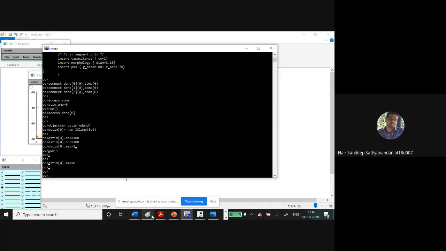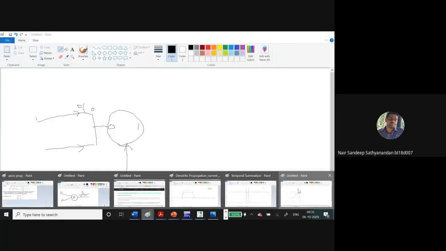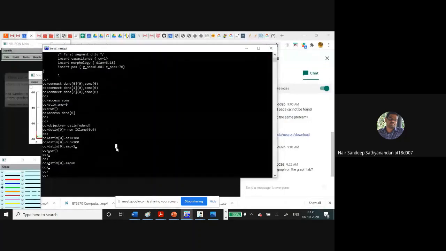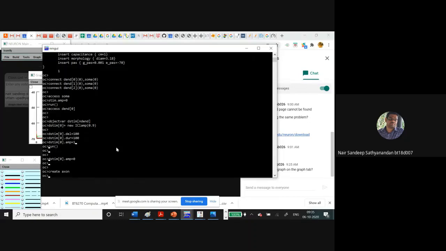Now we'll take a full neuron. We'll have an axon also now, and we will observe the potential here at the axon. For that, we have to create an axon, and then let us assign some properties to the axon.